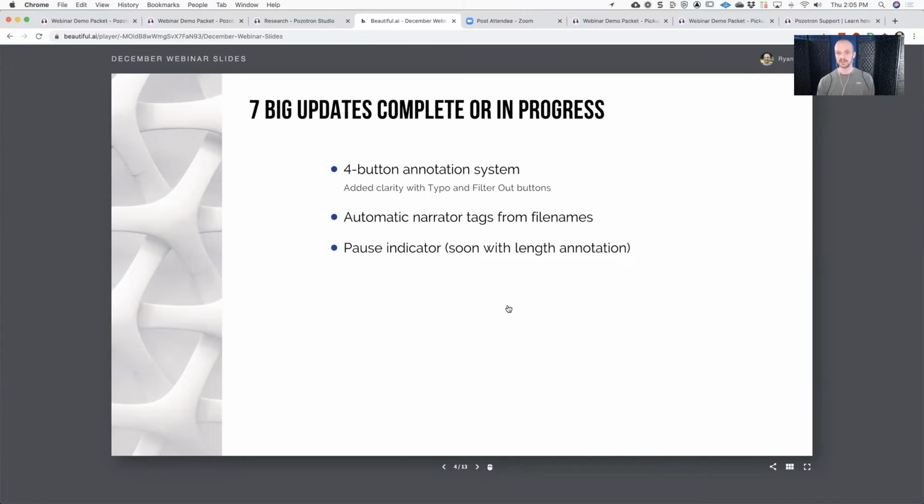We have a pause indicator, and it soon will tell you the actual length of pauses between paragraphs and at the beginning and end of files. Yes, as of today, we have a subtitle export. I can't demo it for you, but the idea is if you have a YouTube video and you put the script and the audio into Pozotron,